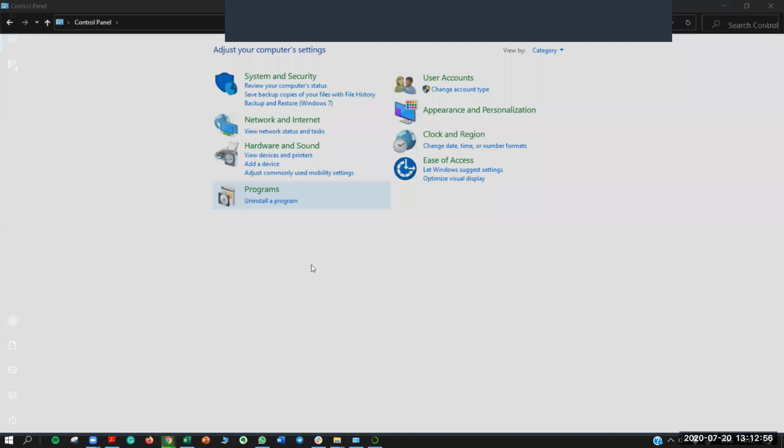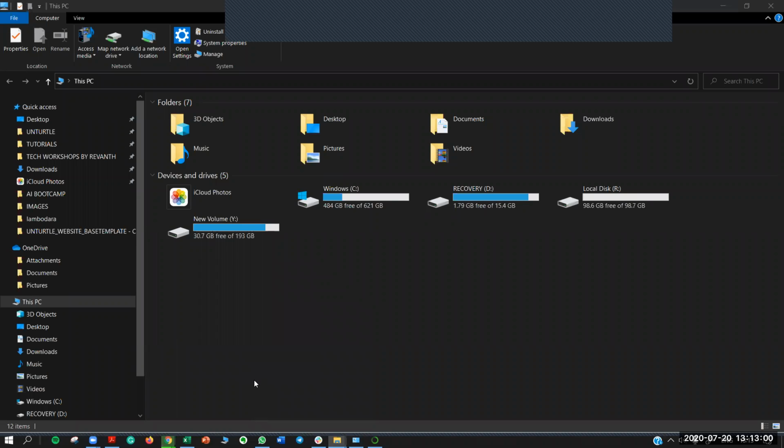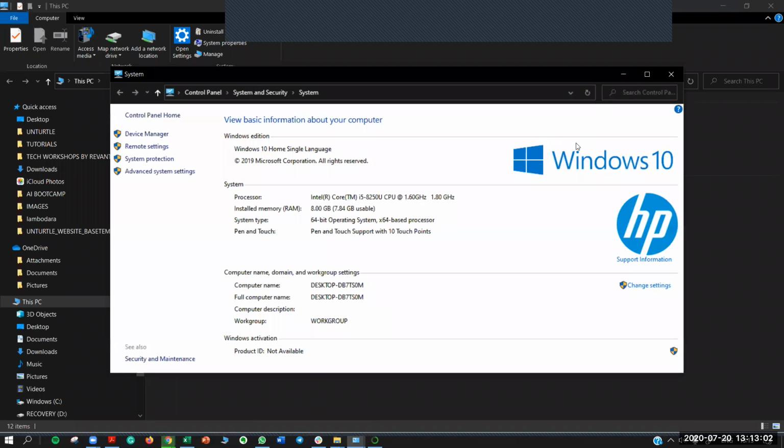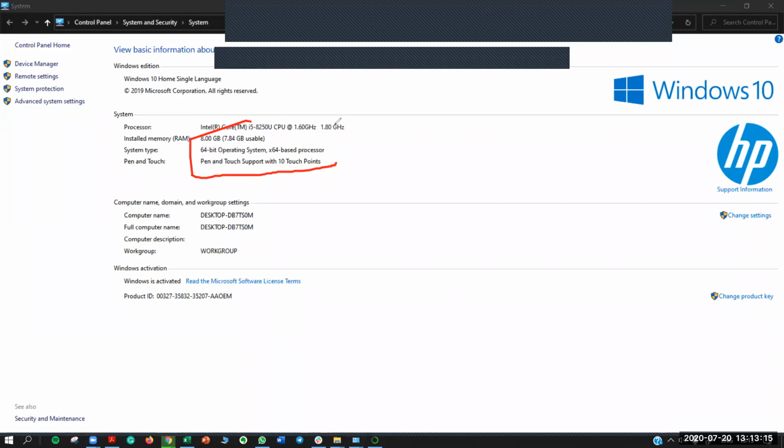Here, just right click anywhere and go to Properties. Click on Properties and you will see something like this. Mine is an HP system, and my system type here, I'm able to see, is a 64-bit operating system.